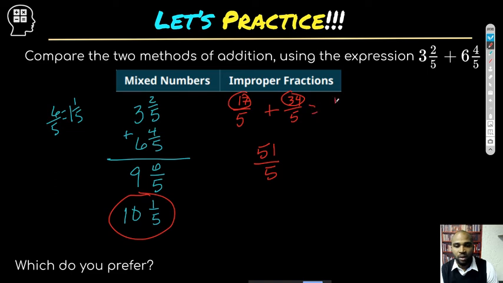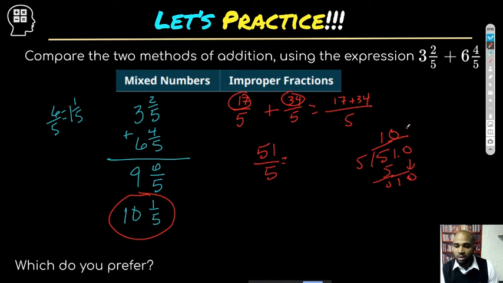And I want to just go ahead and write that out so you can see what I did. So I just added those two on the top. So they gave me 51 over 5. And if I wanted to convert that to a mixed number, you can just divide these two again, 51 and 5. 51 divided by 5, 5 goes into there once, 0, and bring down our 1, can't go into there, so we make another 0, and then bring down that 0. 5 goes into 10 twice,